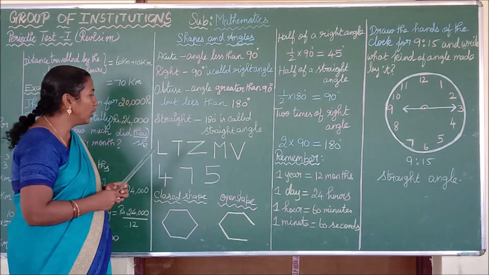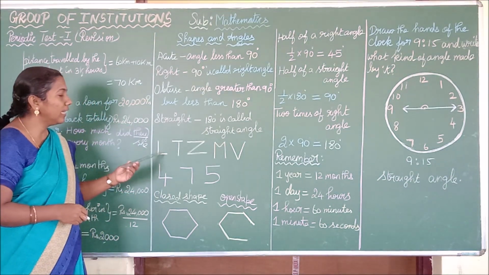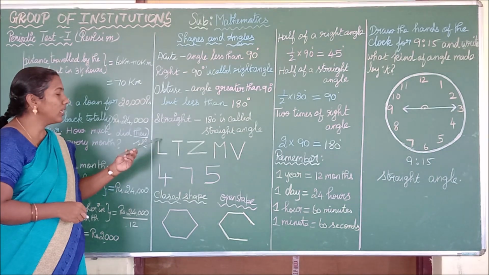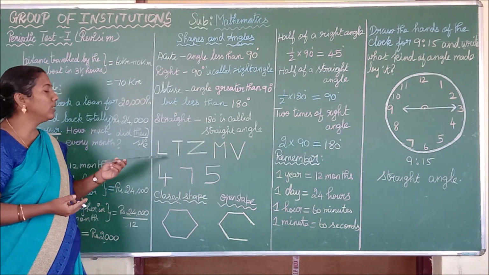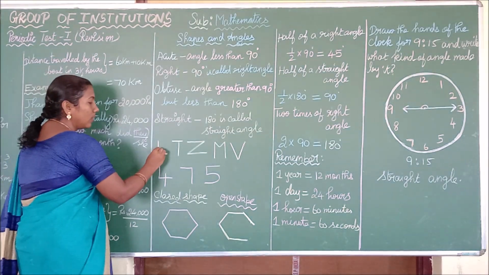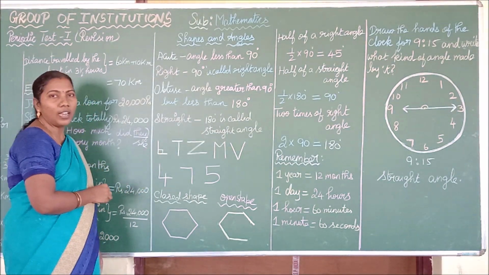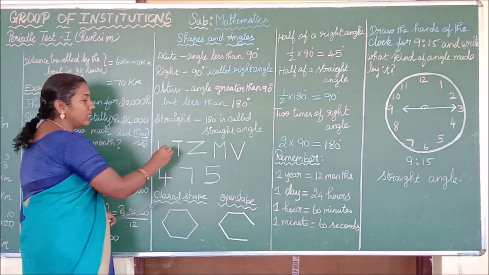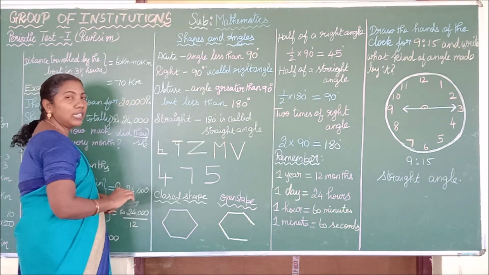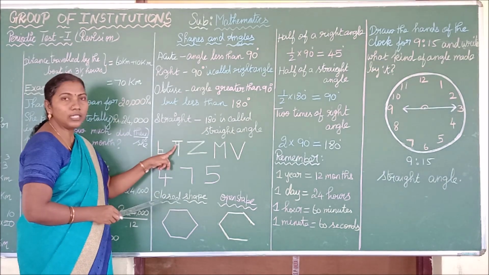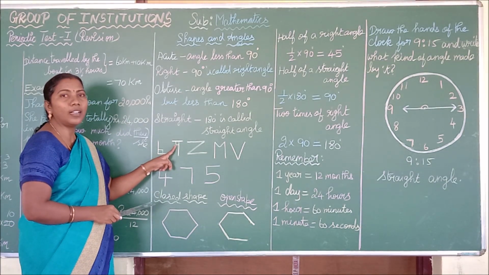Next we are going to see here, children. Here we have written capital alphabets. See, what is the first letter? L. What type of angle do you find in this letter? See here. What is the type of this angle? Yes, it is a right angle. See here, this is the alphabet letter T. What is the type of angle you are seeing here? This is a right angle. What is the right angle?